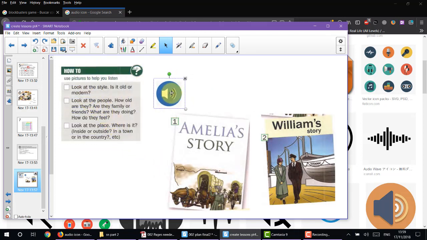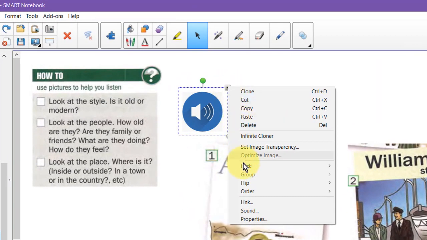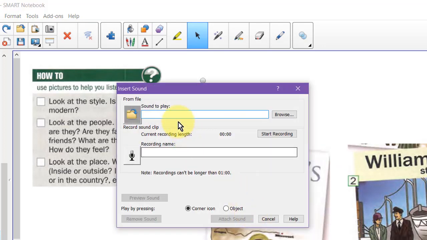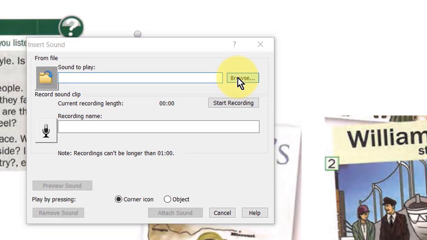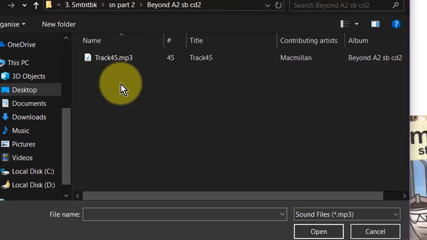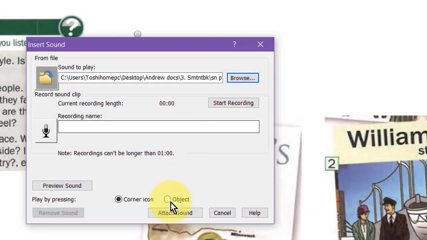So what you can do is actually add an audio sound to it. So we're going to go to Sound. And here you can add the sound, so you can browse for the actual file. Here I've already got it prepared for the MP3 track and it's locked in. So how to play the sound with a corner icon